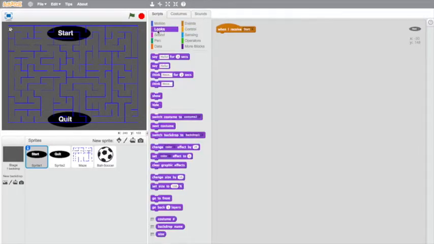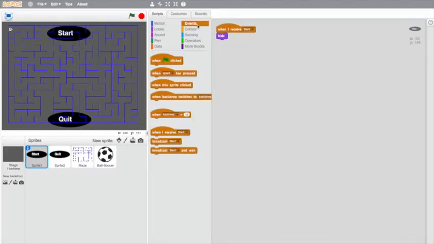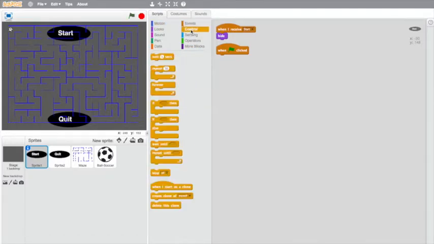we're going to go to looks, and then get the hide. And then go back to events, and when this green flag is clicked, so this is the green flag, which indicates that we're going to start the game once clicked. When that's clicked, forever,